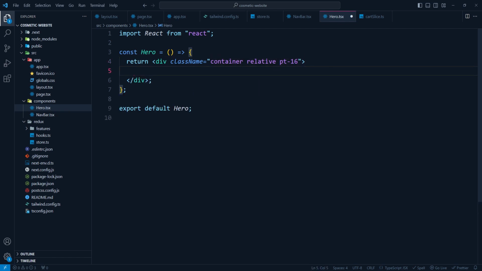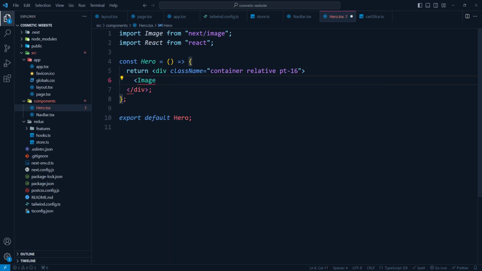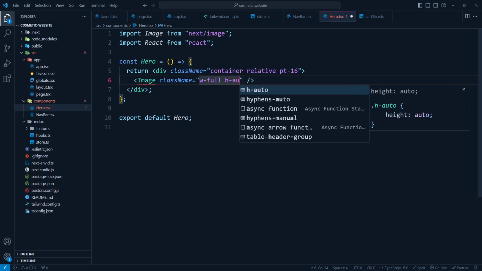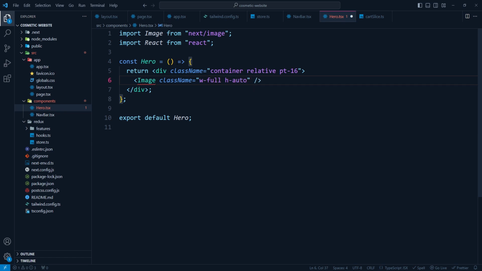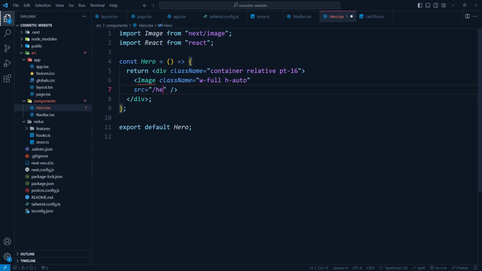Okay, then we'll take Image from next/image. Okay, and we will just pass some props to it, like className, width full, height auto, src would be /hero.png, width 1500 and height 900,